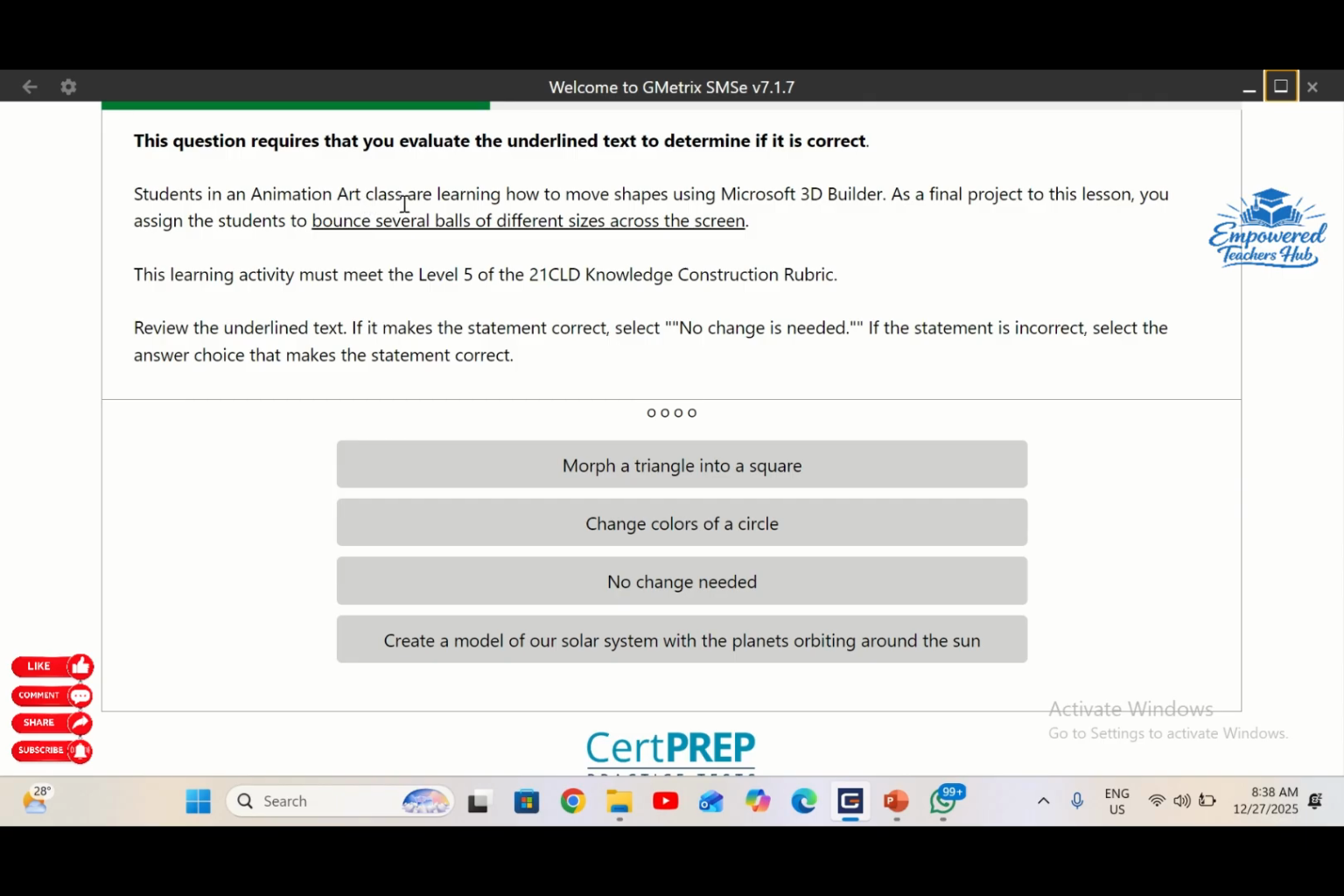The students in an animation art class are learning how to move shapes using Microsoft 3D Builder. For an activity that meets level 5 of the 21CLD knowledge construction rubric, it must be interdisciplinary. So this meets level 5 of the